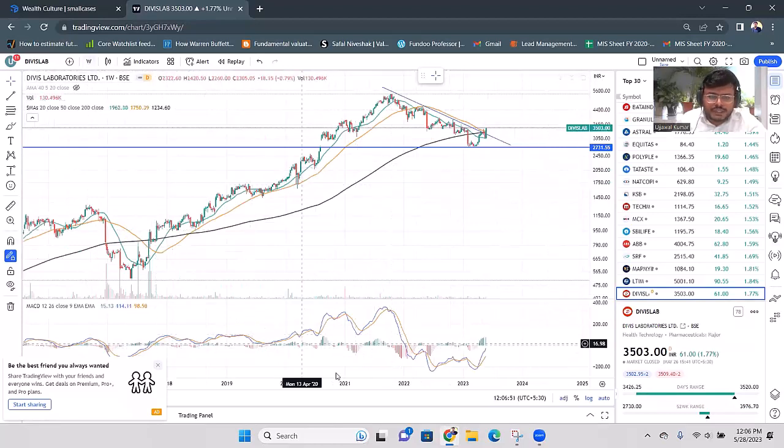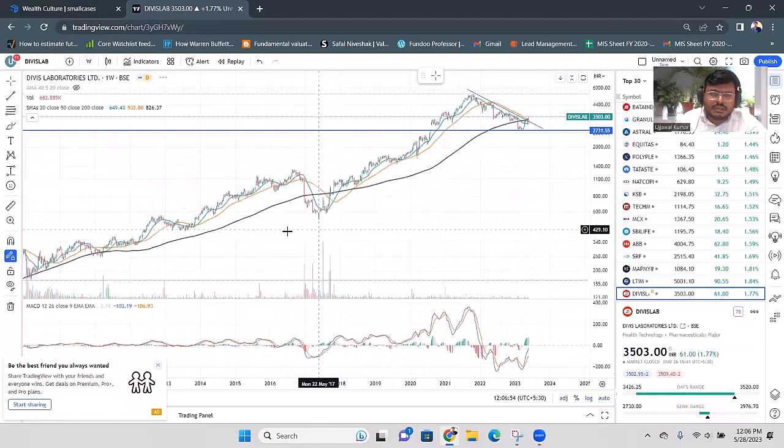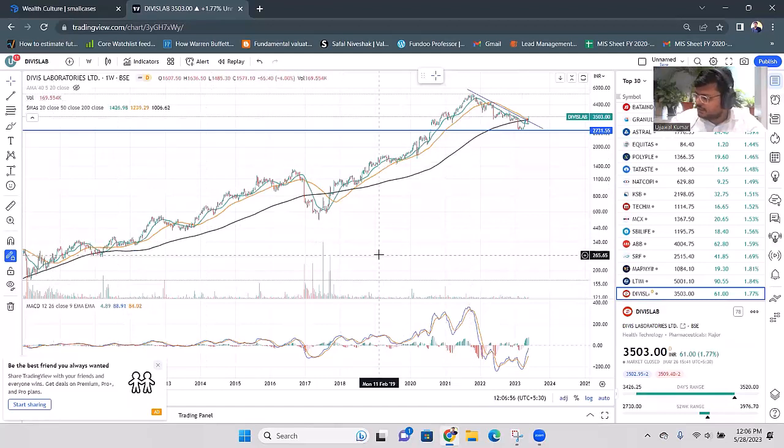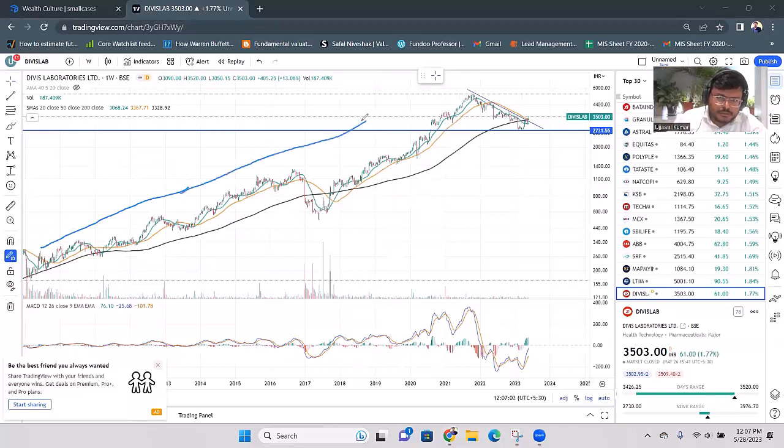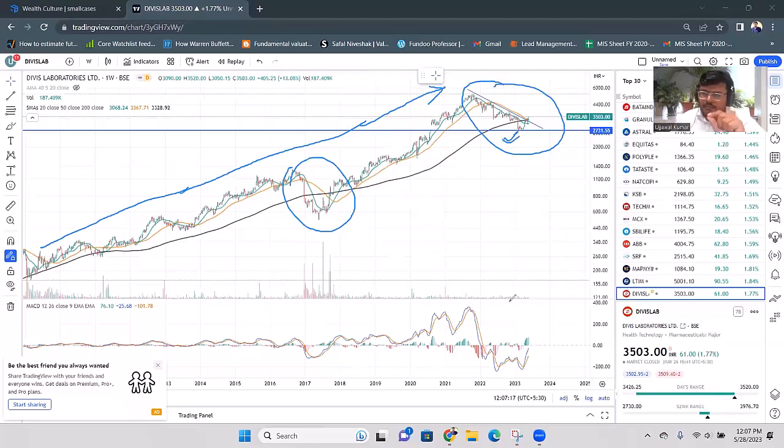So if I go to the weekly chart, I can for sure see that the stock has been in an uptrend, right? No doubt about the fact that the stock has been in an uptrend for a very long period of time. Now this is a pullback, and this is a pullback. This is the more recent pullback, and I'm more interested in the more recent pullback. Again, not a buy or sell call, but if you look at what is happening here,